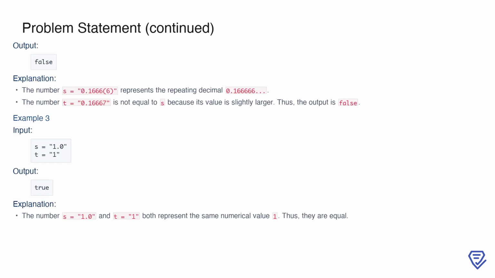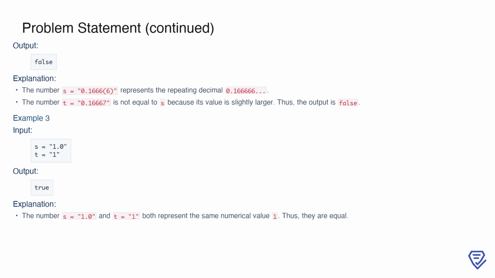In the second example, we have s equals 0.1666(6) and t equals 0.166666. Here, s equals 0.1666(6) represents the repeating decimal 0.166666, where the digit 6 repeats indefinitely. On the other hand, t equals 0.166666 does not have a repeating pattern and rounds off after 5 decimal places. Because the numerical value of t is slightly larger than that of s, the two numbers are not equal, and